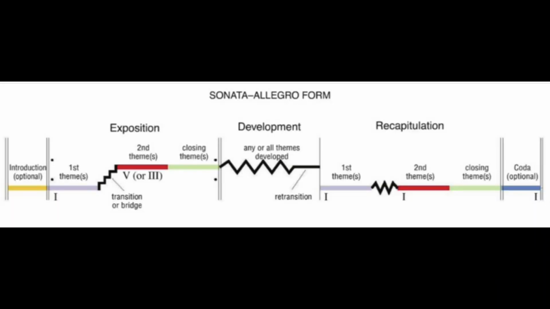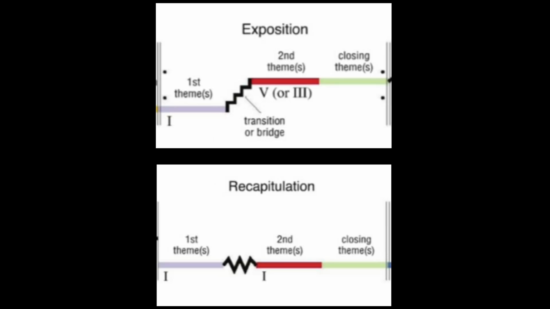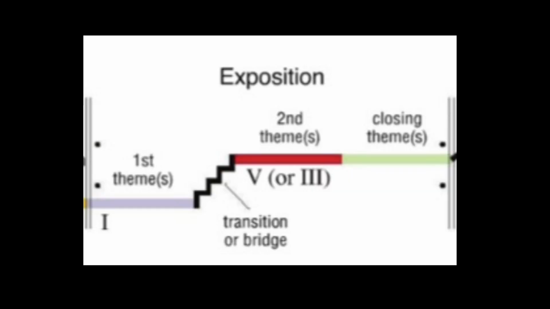So to begin this, we're going to start off with the fact that Beethoven's first movement of his Third Symphony is in Sonata Allegro form. Sonata Allegro form is when you have an exposition, a development, and a recapitulation. The exposition and the recapitulation are the same thing, but the recapitulation is in the original key the entire time, versus the exposition where you start off in one key and then you go toward the dominant key. It's also to note that in the exposition you have three themes, theme 1, theme 2, and the